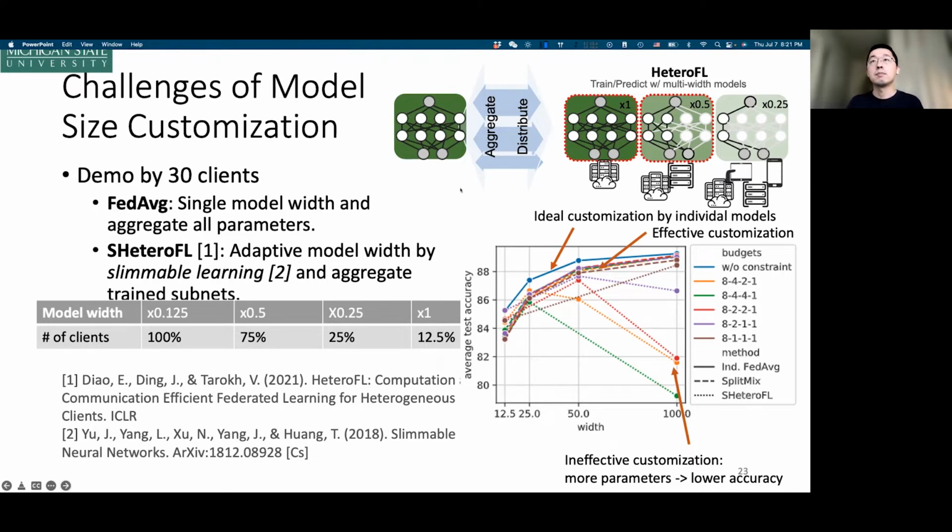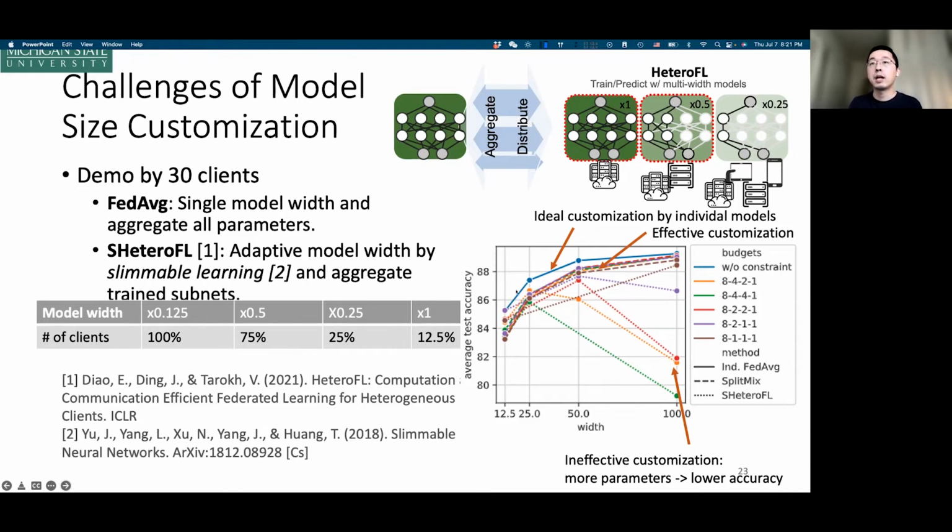So we can easily see that, as a result, different model sizes will be trained by different amounts of data, because it will be limited by the devices. Here we visualize some comparison of the customization directly.